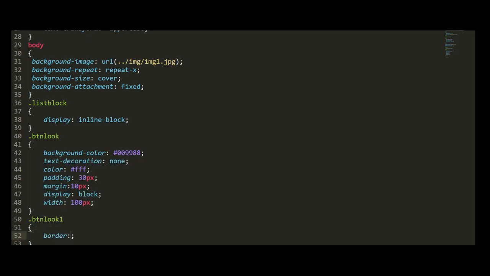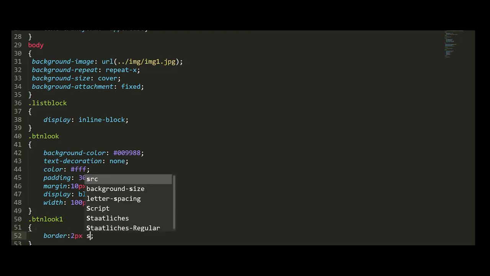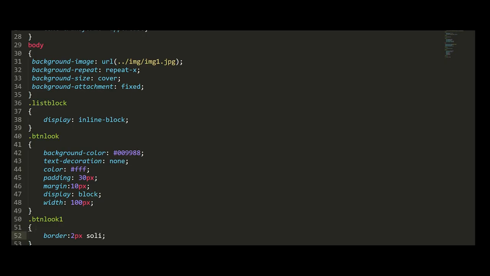Border colon, border should be 2 pixel and it should be solid. I will tell you what is solid and other things. It should be solid, and the color something like this. I'm giving it randomly. Go here and refresh.